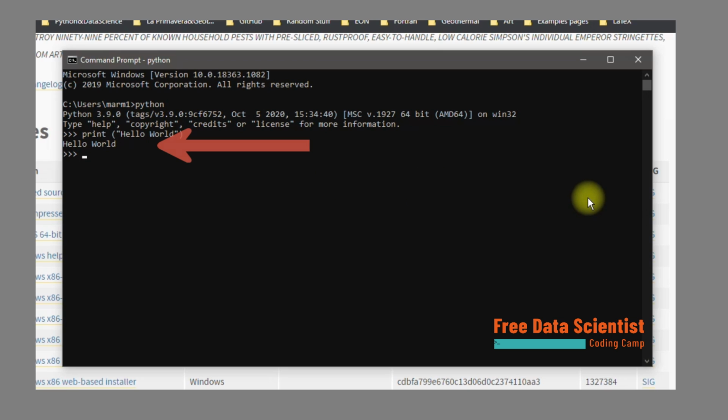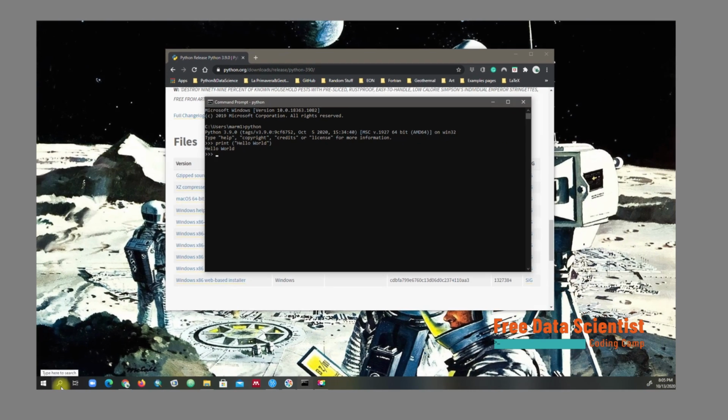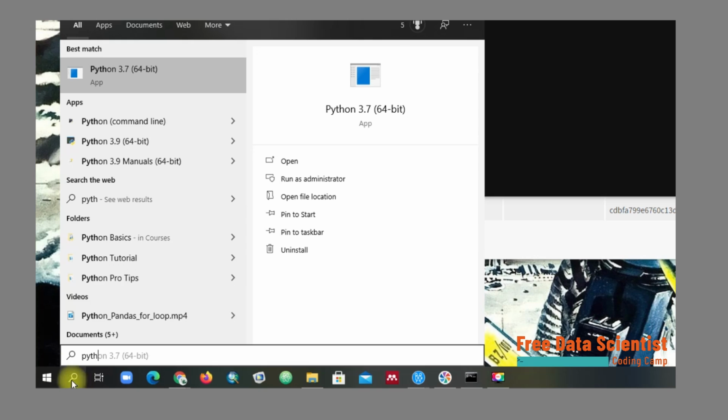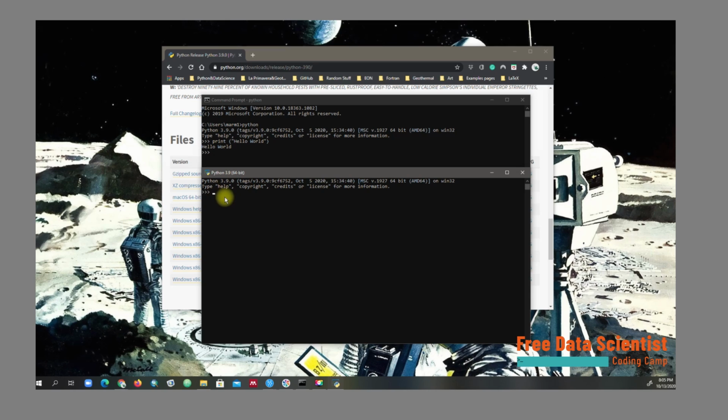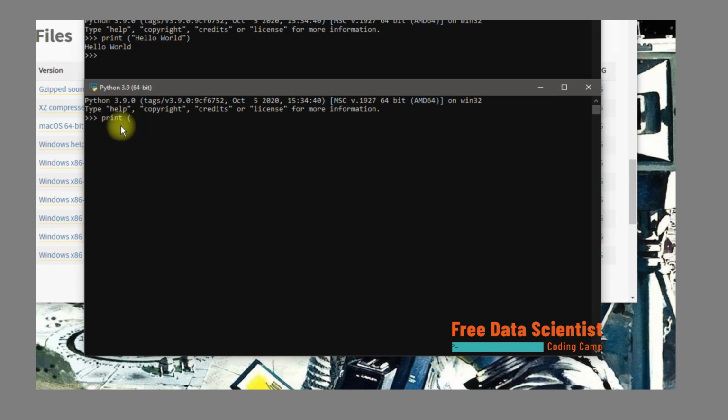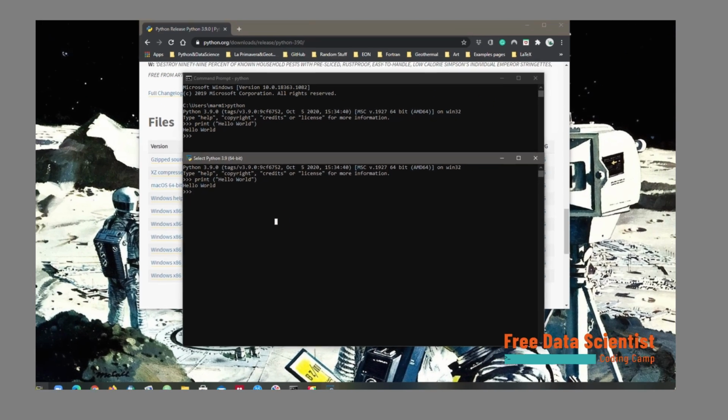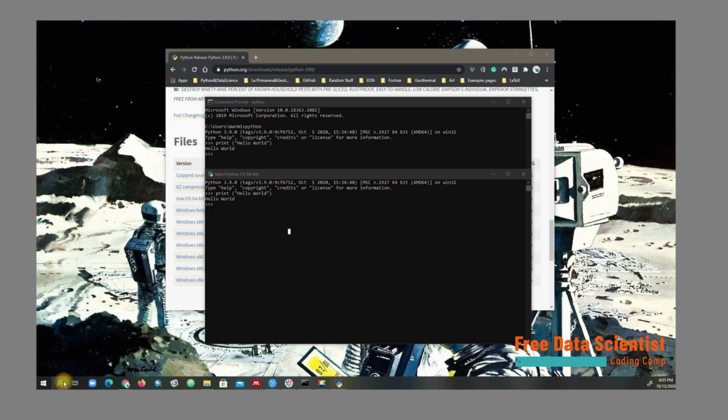Congratulations. If you locate the search button and write Python, you will find other options for the language. In this case, let's open the command line. As you can see, the command line from Python is basically what we have done before. You can print the same message, print hello world, and you will get the same message on the screen. In the next video, I will go deeper into Python setup and how to build your first script from an editor, which runs your code as you have probably seen in the movies.